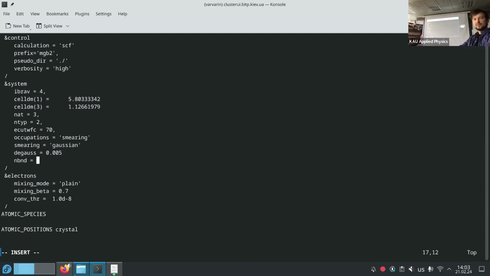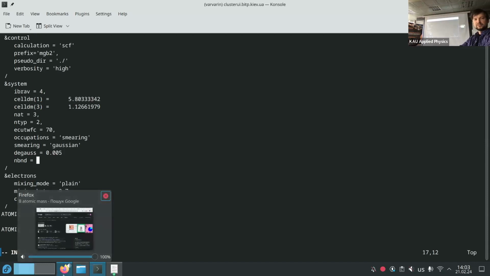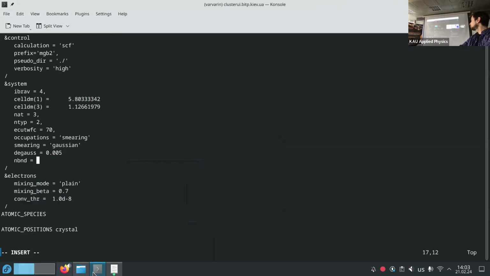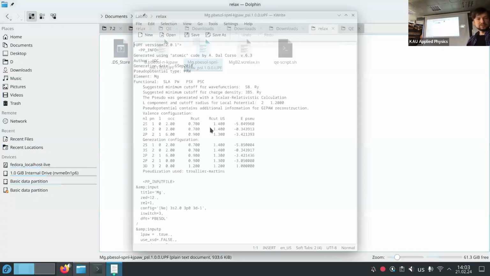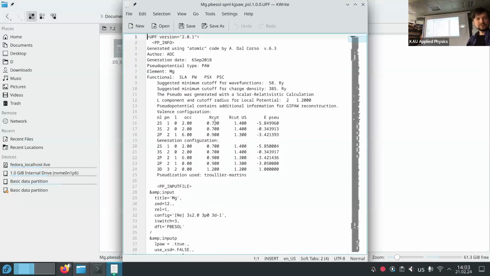So we need to estimate it by pseudo potentials. We should use pseudo potentials to estimate it. So magnesium, 2s.